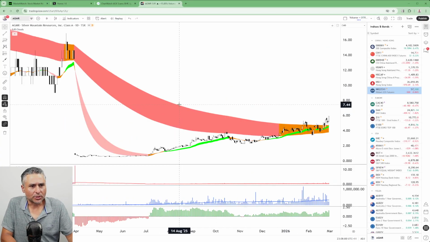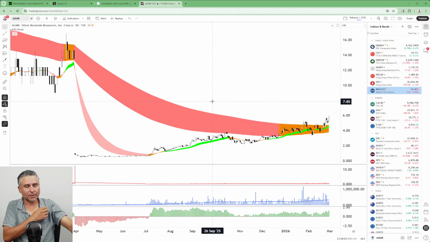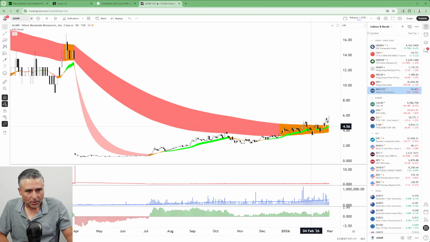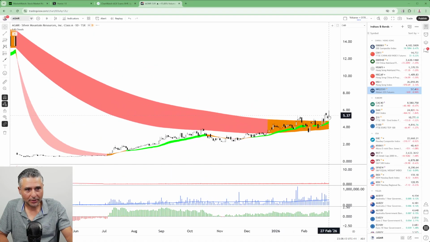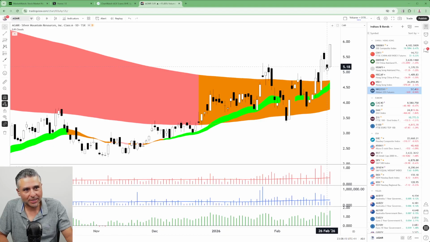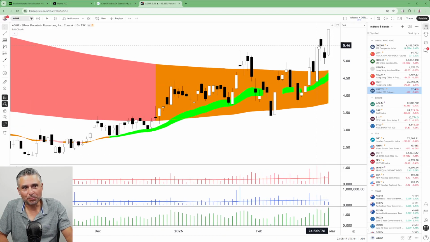Silver Mountain Resources, double checking that is a daily chart. That looks good. I like it. It's a turnaround setup. It's done its time in the long-term trend ribbon. I like this candle and this candle. I like the fact that it's dinked, a very bullish dink. Intraday pullback, intraday here, boom, up we go.